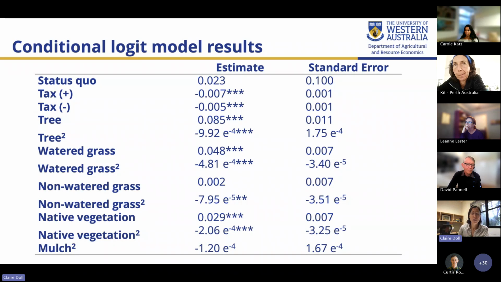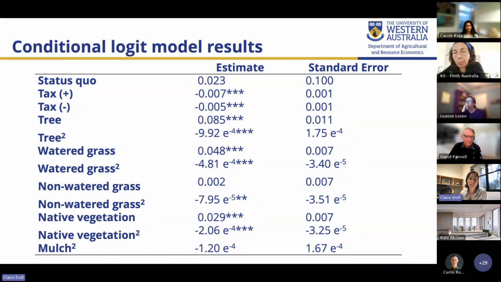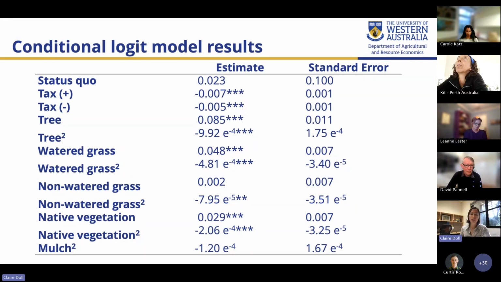I'm aware that we have a pretty diverse audience today, so I won't go too much into the economic modeling here. But what I wanted to highlight is some general trends. This is the results for the population as a whole. In the paper, we do provide some more information about different preferences by different subsets of the population, but this provides a pretty good overall picture.